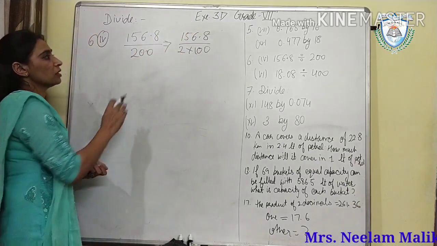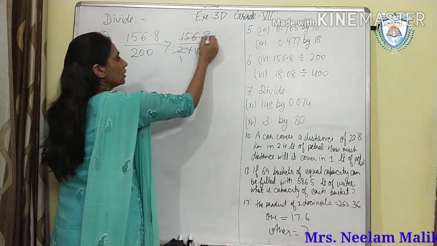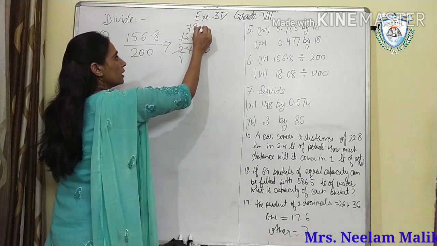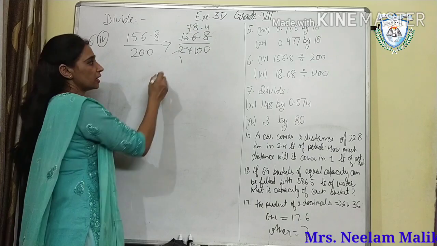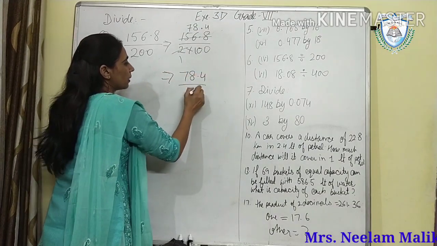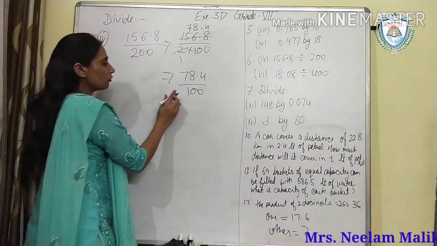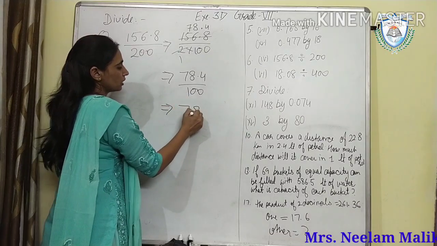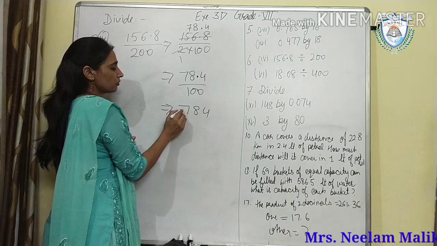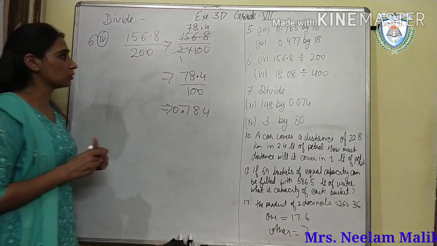First, look here. They are divisible. They are cutting. So 2 1s are 2, here 2 7s are 14, 2 8s are 16, point, and 2 4s are 8. So what do I get here? 78.4 divided by 100. Okay. So now you can put the decimal point. 78.4, where will the point be? The point was there, so it will be here. So 0.784 is our answer. Okay.